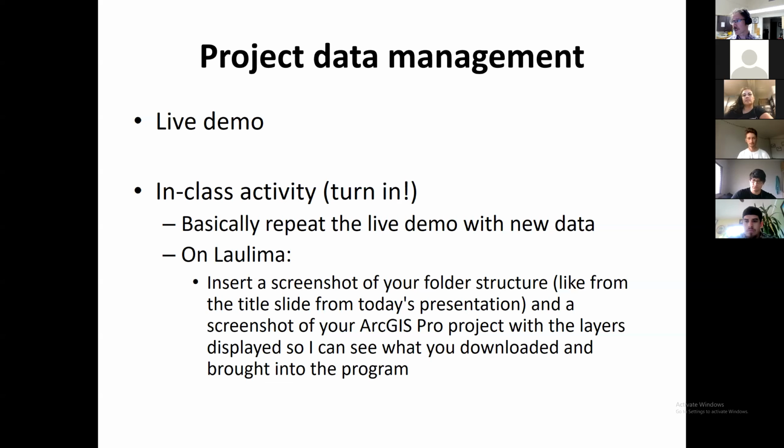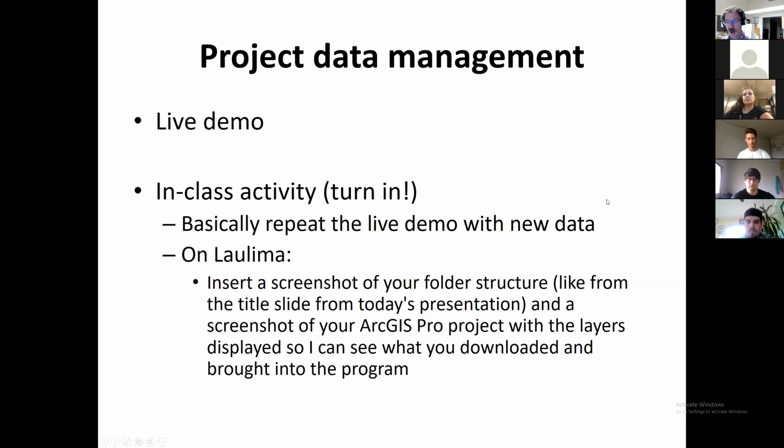Okay, any questions before I jump into the demo part here? I want to make sure that I've got this open so that I can see if folks are trying to get in. But I think everybody that's going to be in is in. Okay, doesn't look like I'm seeing any